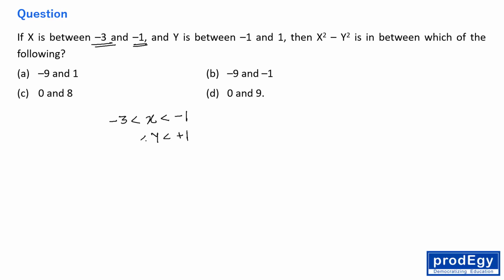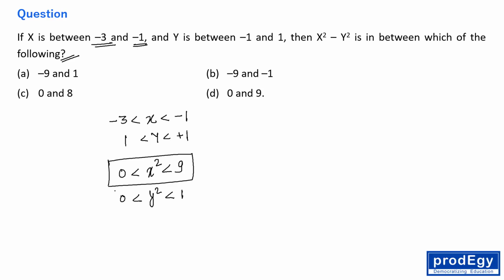Then x square minus y square is in between which of the following? If x lies between -3 and -1, then x square is lying between 0 to 9, right? Because the square can't be negative. And similarly, y square will be lying between